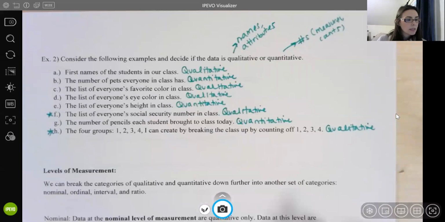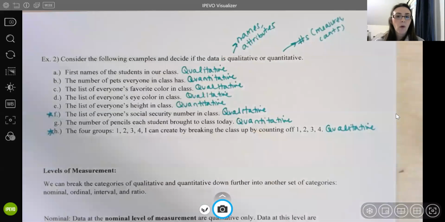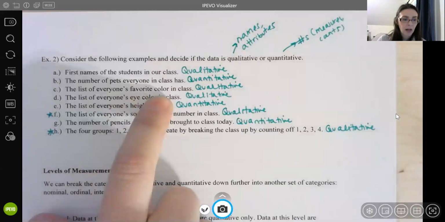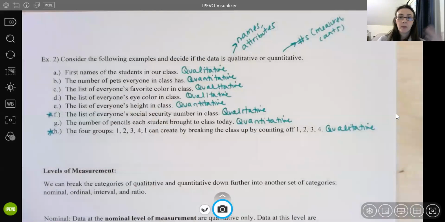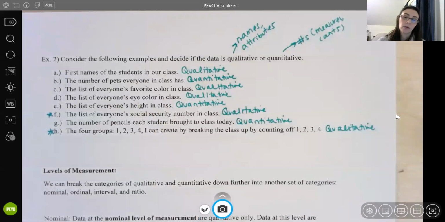Okay. So some differences between qualitative and quantitative data. Now, why is it important? It's important because it can tell us what we can actually do, right? So there are certain calculations that we do with quantitative data, and there are certain things we do with qualitative data. So for instance, if I'm looking at everybody's, let's say, favorite color in class, I could find the overall most favorite color, right? If 5 people like blue and only 3 people like red, let's say, then I can see that more people like blue than red. So I can see how many are in each category. I could find which category has the most,